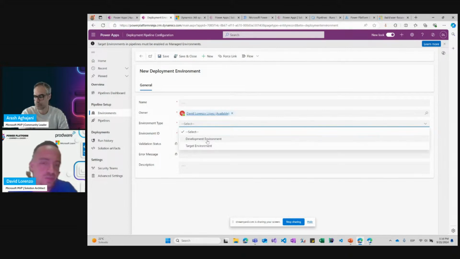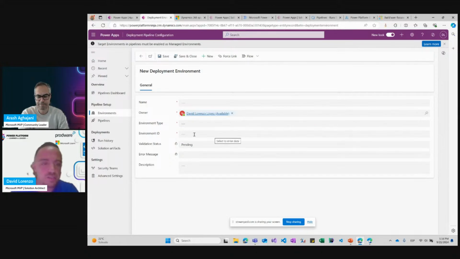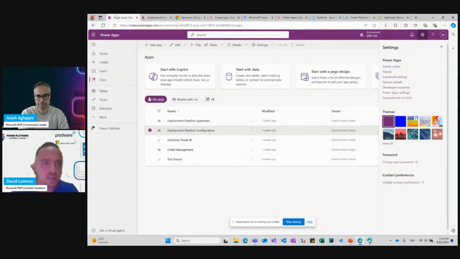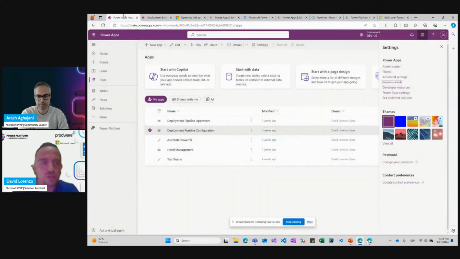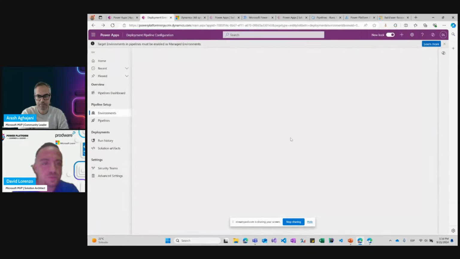So in this case, we have two environments, dev and UAT. Dev is the development environment. UAT is a target environment. And we only have to set up the environment ID, which we can get from here, from the session details. Okay, so we go back.